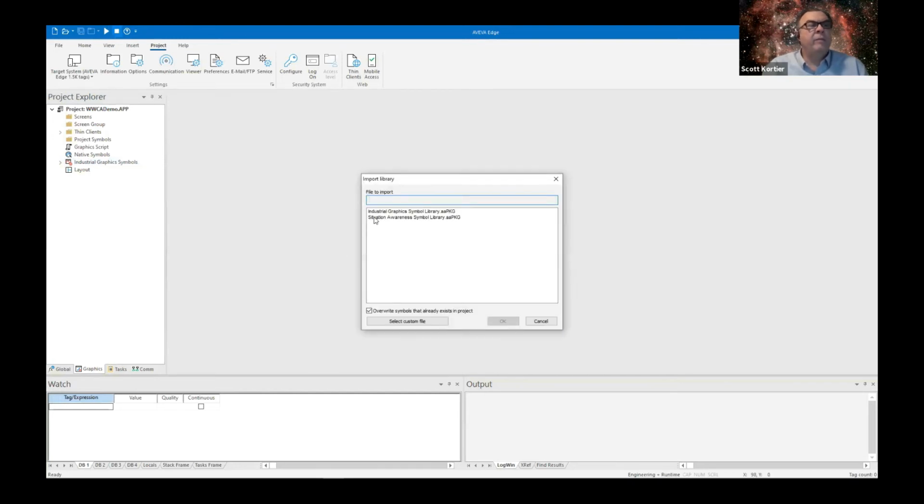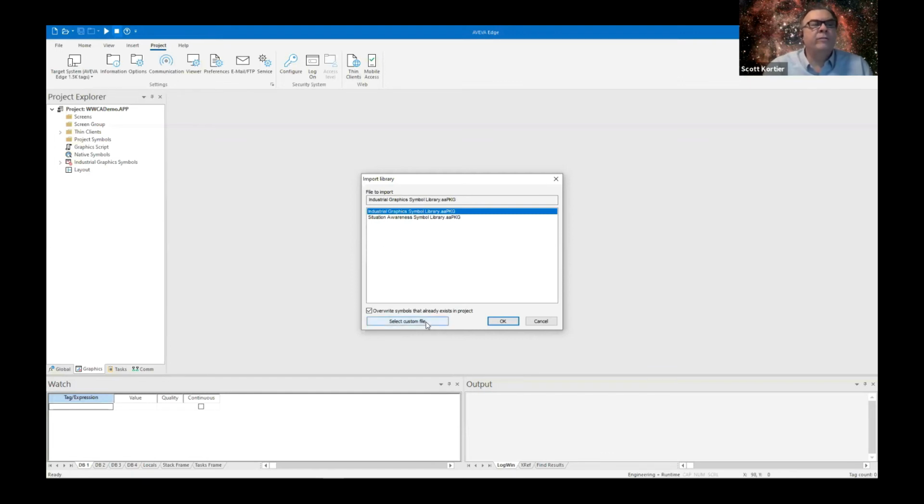And what I did before this, it takes a couple of minutes, is I chose one of these libraries. I don't even remember which one I chose, but I opened that up and imported that. Now, some things to understand is that these libraries are installed when you install Edge, but they are not part of your project. So you have to go through this one-click import that library into your project, so those graphics become available. And we have the industrial graphics as well as the situational awareness graphics.